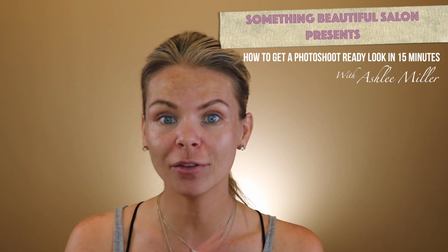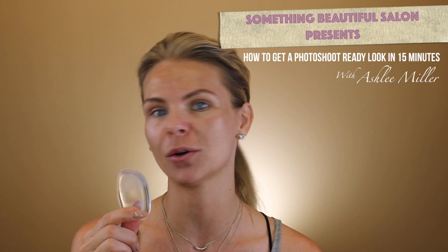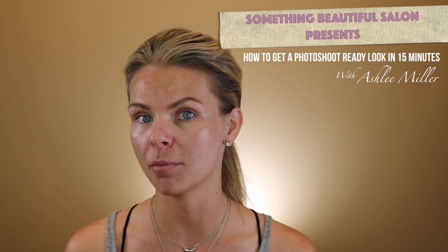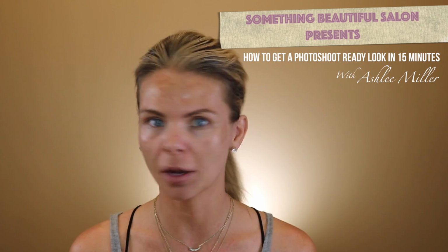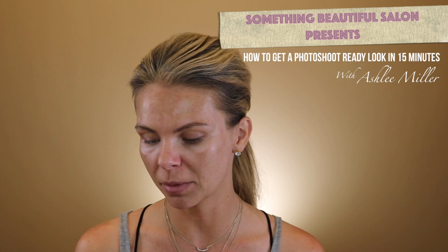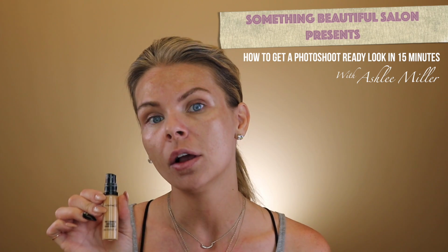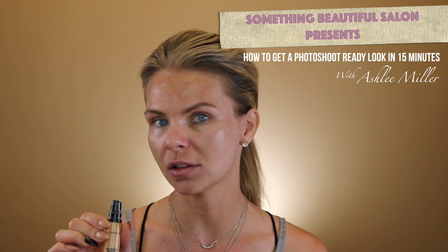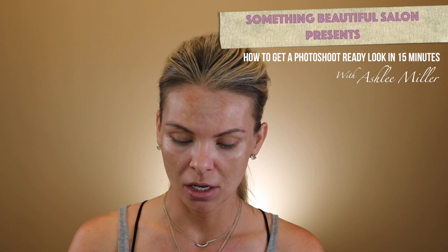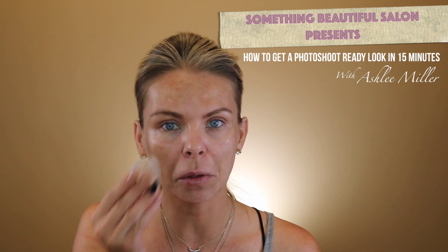All right, so I have recently just discovered, and we've seen it all over, the silicone sponge. I love it. Now, because I do have hyperpigmentation from having children, it kind of comes with the territory for some of us. Some of us get lucky and don't get it. There are many foundations. Right now, I'm loving the Longwear Concealer. What I love about it is it's waterproof, it's long wearing. It is a concealer, however, I use it all over my face. It's not much different than a foundation, quite frankly. I just put a little bit on my sponge,